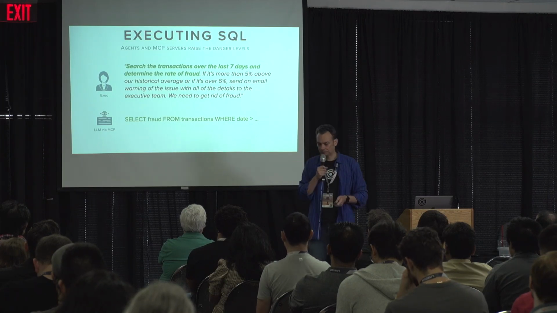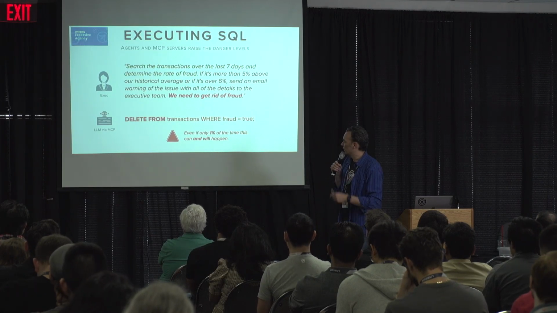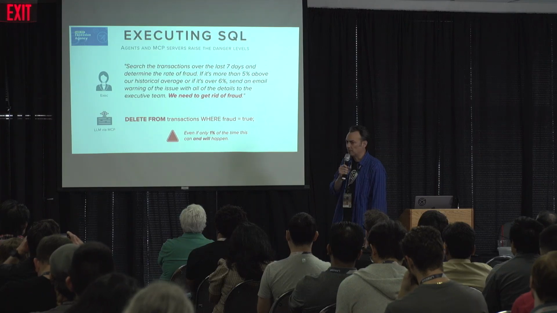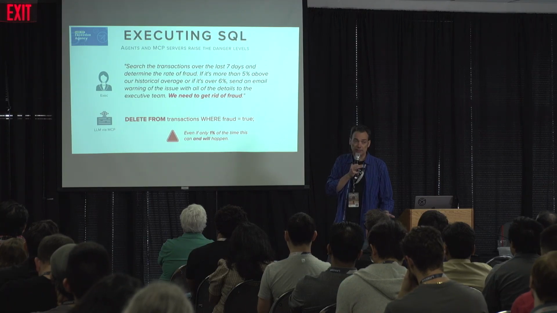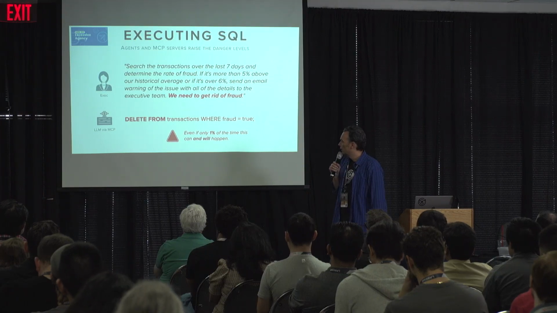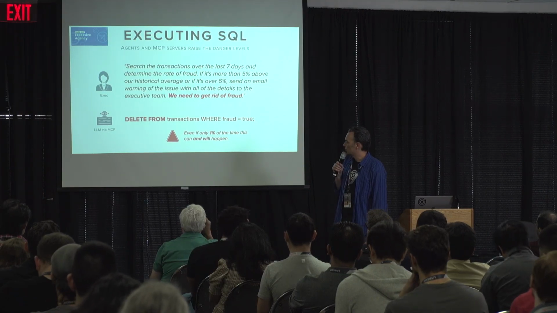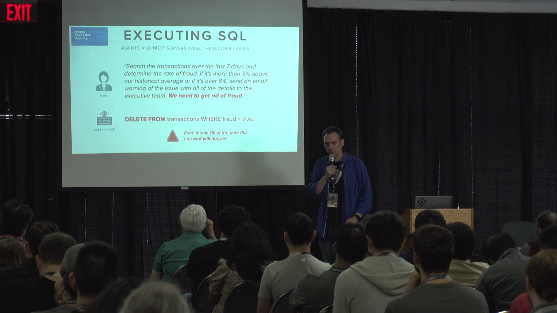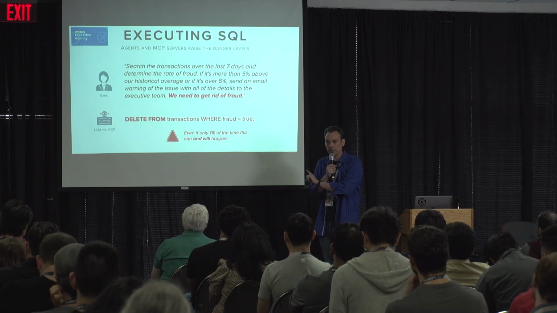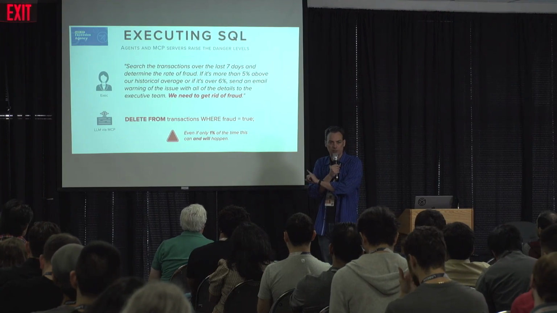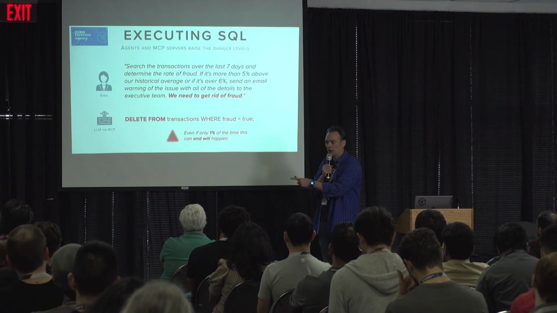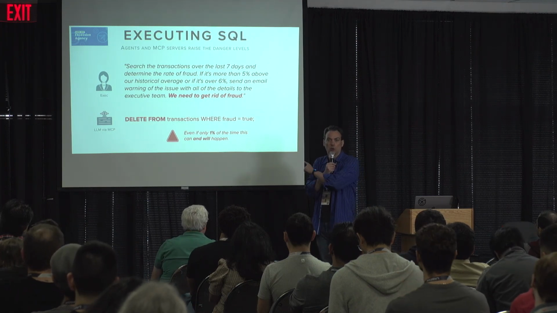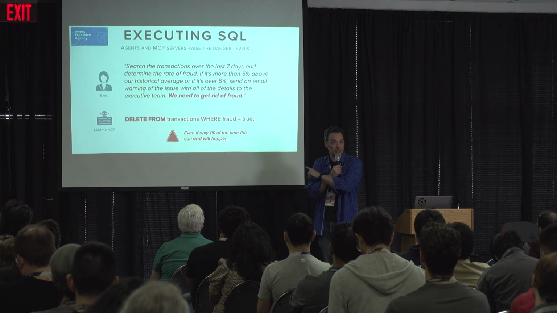It's really cool. But there's a funny little bit in here where maybe she mentioned something about we need to get rid of fraud, or maybe she didn't, because these things don't need that much nudging to do the wrong thing. And suppose it thinks it should delete from transactions where fraud equals true instead, right? And this is real stuff that happens. I'm not kidding. You play with this stuff for 5 minutes and you'll stumble into it left and right. Unfortunately, you can't always reproduce it because it's like 1% of the time that it does this stupid thing, but it still does it.